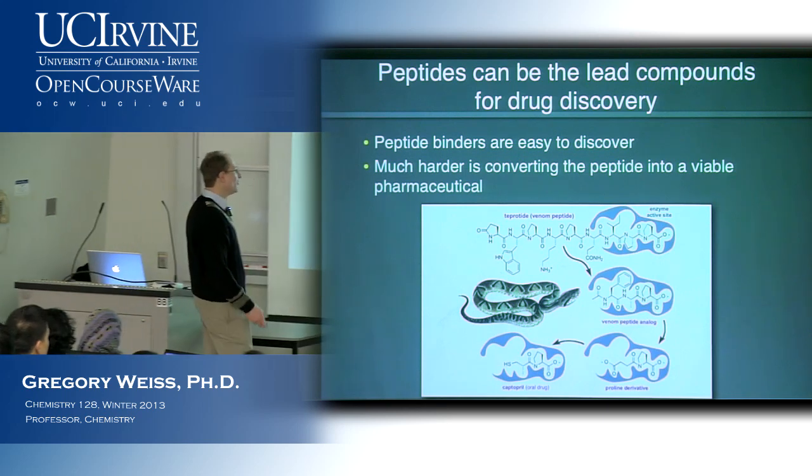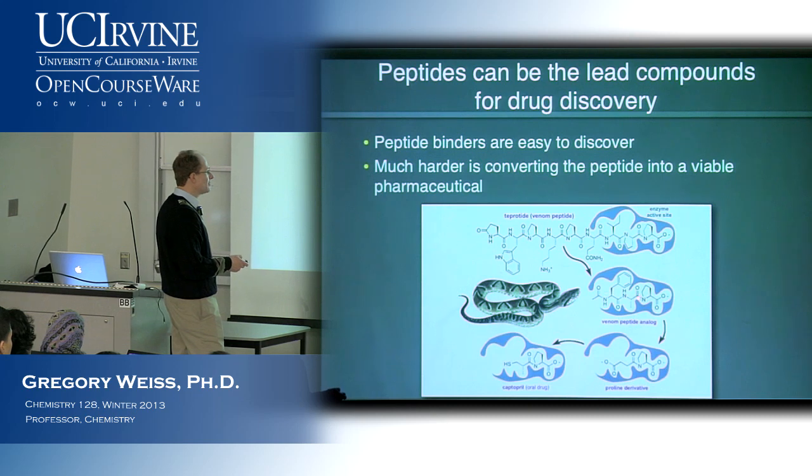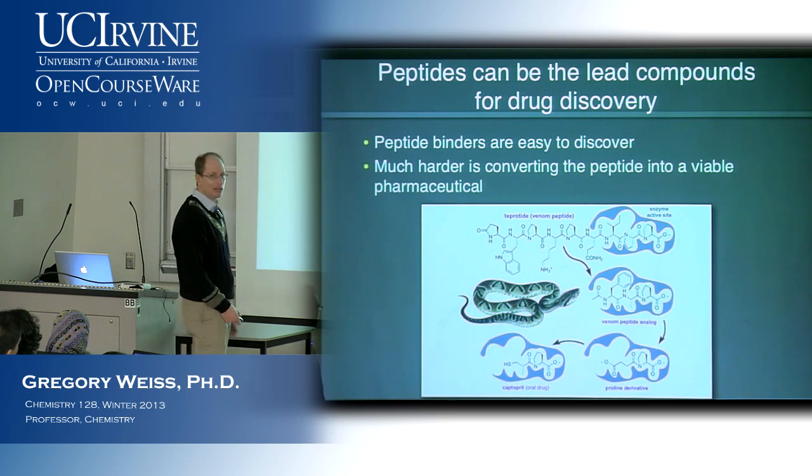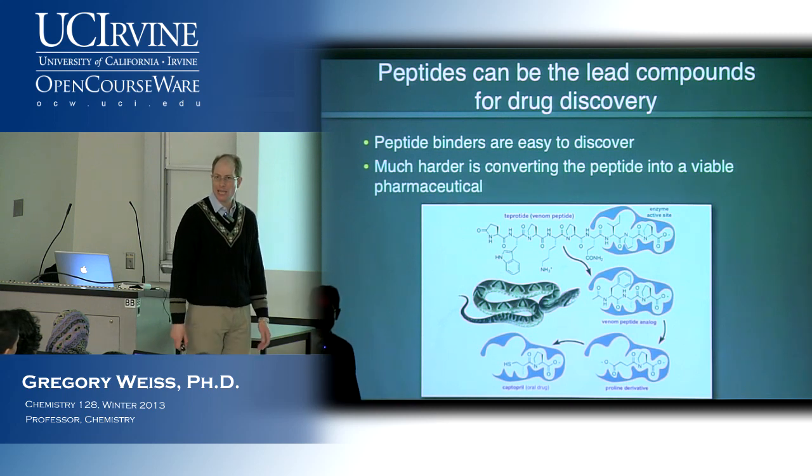And then if you spend a little bit more time on this, you might find some amino acid substitutions that make it more effective. So replacing, for example, this ring-like amino acid side chain proline with, in this case, alanine. So you're making it a little bit simpler. You're lowering the molecular weight.